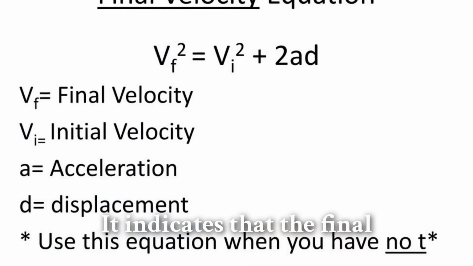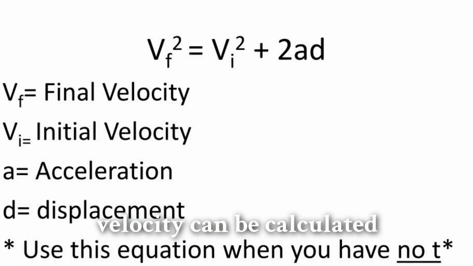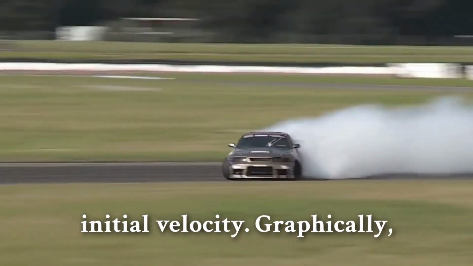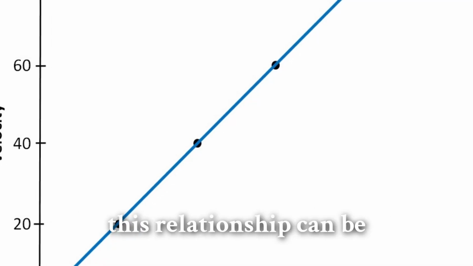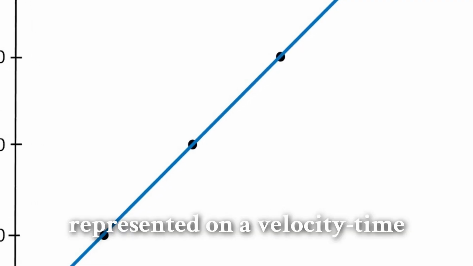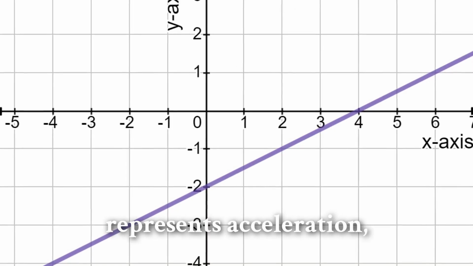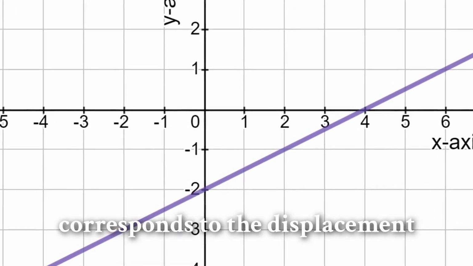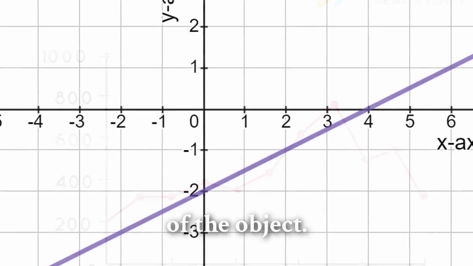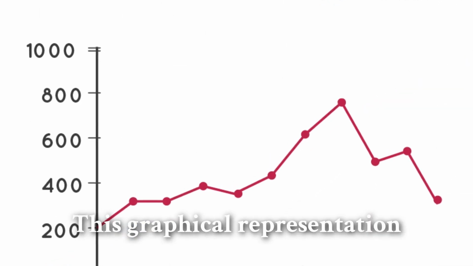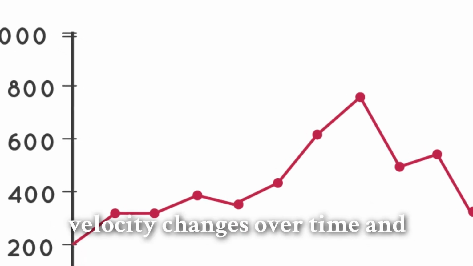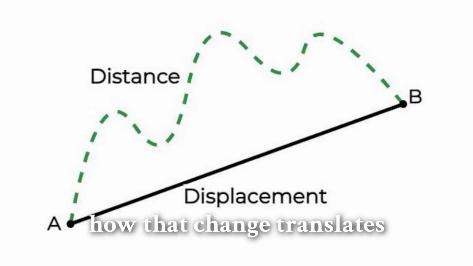It indicates that the final velocity can be calculated by adding the product of acceleration and time to the initial velocity. Graphically, this relationship can be represented on a velocity-time graph. The slope of the graph represents acceleration, while the area under the curve corresponds to the displacement of the object. This graphical representation allows for a visual understanding of how an object's velocity changes over time and how that change